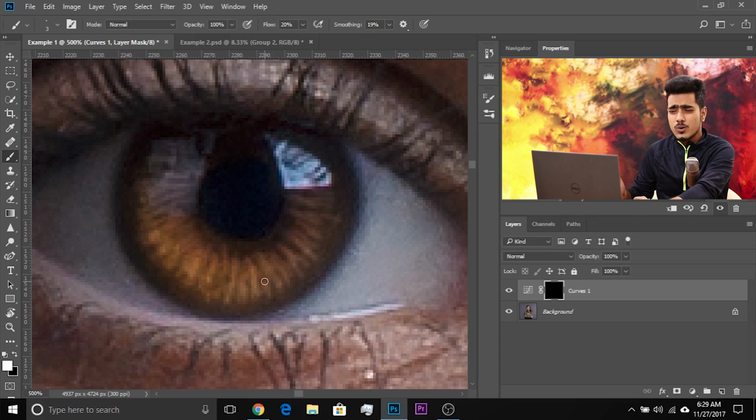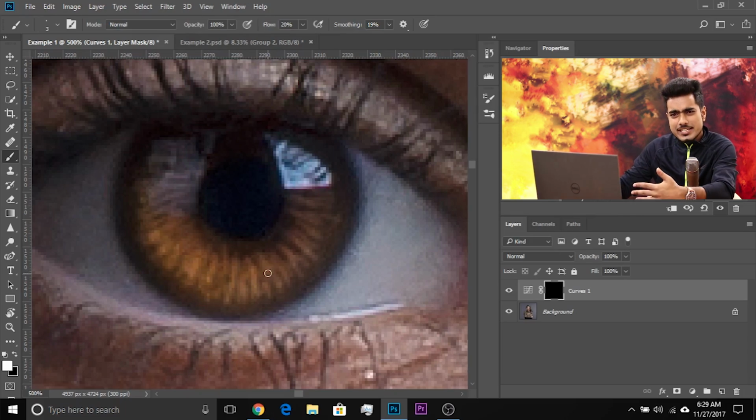If you want to do it all at once, you can also go ahead and increase the flow to somewhere around 80 or even 100 if you want to. But I tend to keep the flow a little lower so that I can get more leeway into how many times I can get the opportunity to paint. That way you kind of get more texture. That's what I feel. But then again, it's totally upon you. If you want to draw less lines, that's your style. Please go for it.